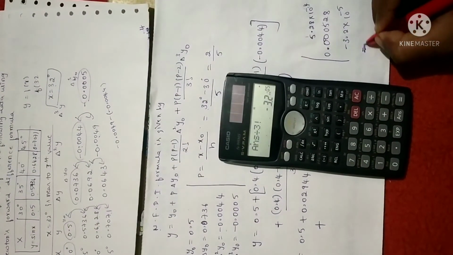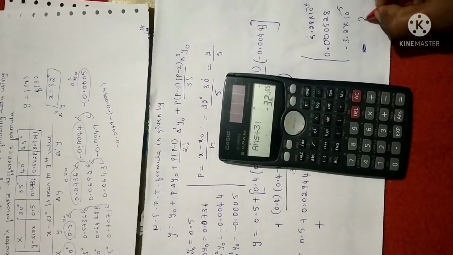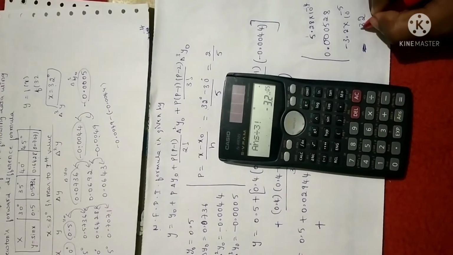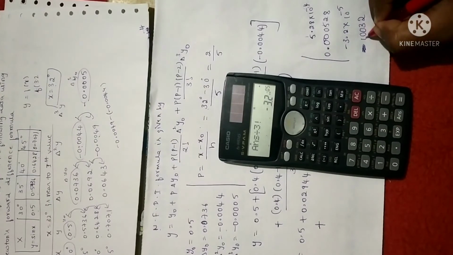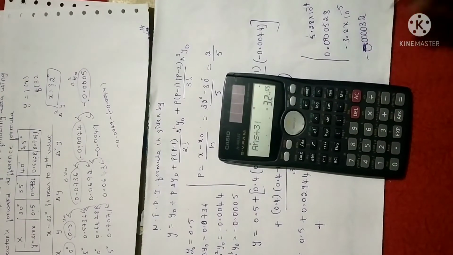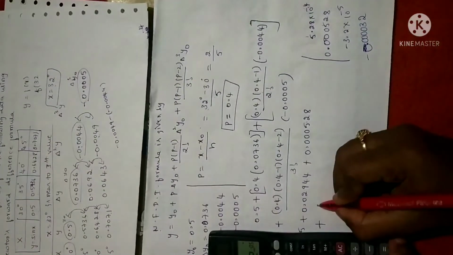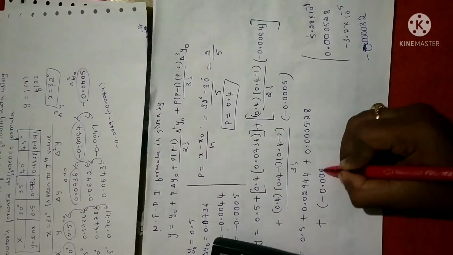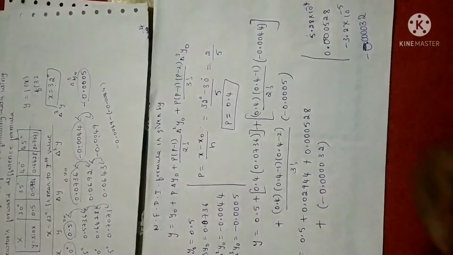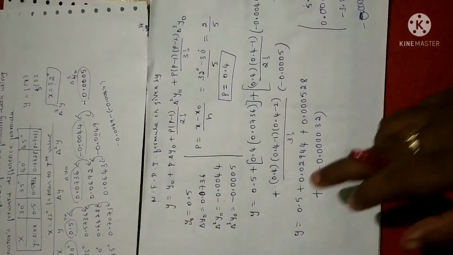So you just write the minus sign here. Next, this digit you have to write as it is. Now you write 3, count it as 1, 1, 2, 3, 4, 5. After that put a point, again 1, 0. That's it. So I'll just write here minus 0.4032. Clear? Now we have to simplify this.